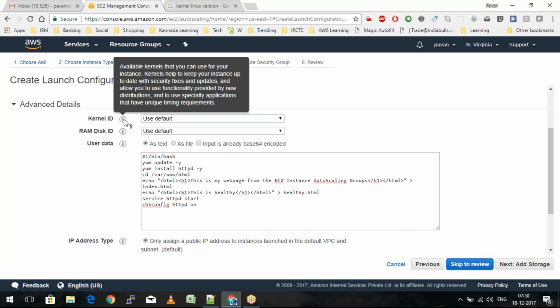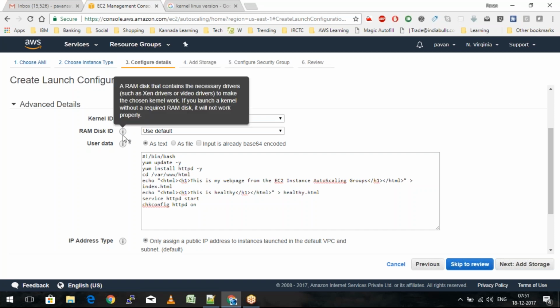Kernels help you keep your instance up to date with security fixes and updates, and allow you to use the functionality provided by the new distributions, and to use secure specialty applications that have unique timing requirements. And in terms of RAM, a RAM disk contains necessary drivers such as Xen drivers or video drivers to make the chosen kernel work. Sometimes whenever we choose a specific kernel, we may be using different versions of the kernel ID. So in case you want to choose a specific kernel ID, you will be able to choose that specific kernel ID using the